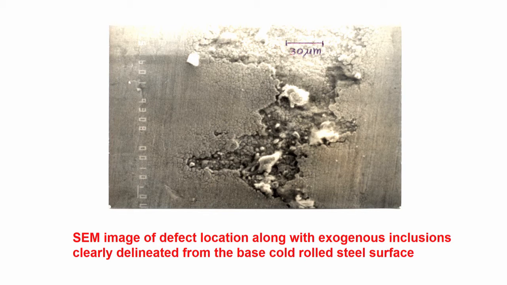But in this picture I am just showing you the defect area, how these inclusions are sitting on the defect areas. These exogenous inclusions have created the defect. So, this defect is generated because of entrapment of these exogenous inclusions, and each inclusion as such is not very large, maybe 30 micron, maybe 20 micron, but since many